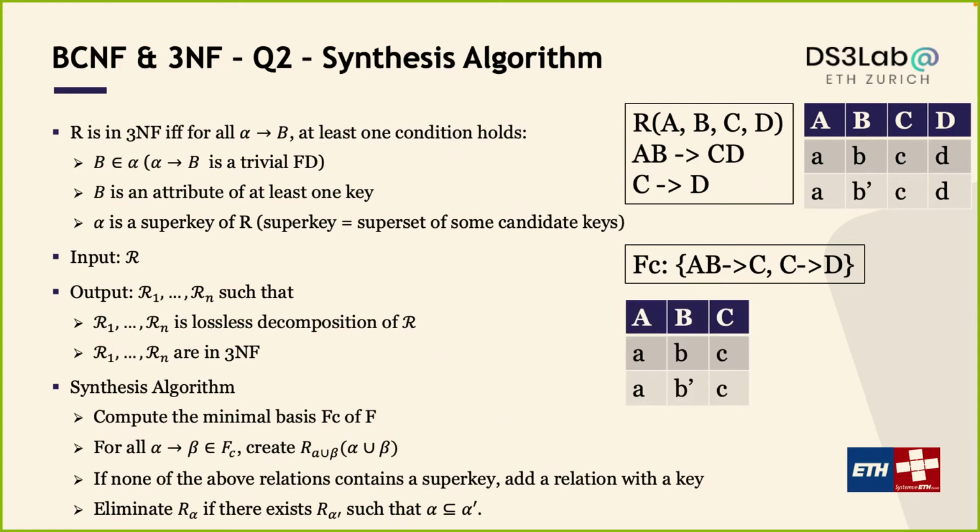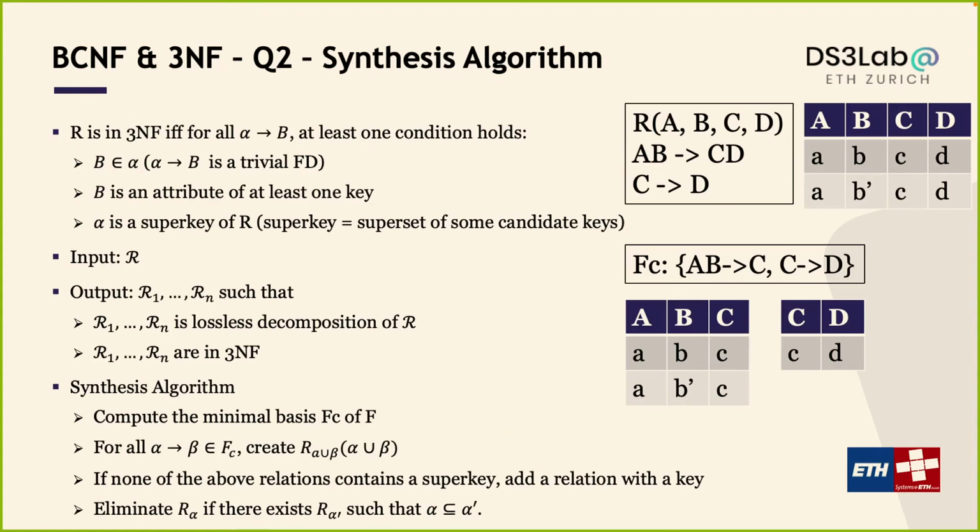And then for each of the functional dependencies in the minimal basis, you create a new relation. From AB to C, you create a new relation that contains ABC, all the attributes. From C to D, you have a new relation that contains two attributes, C and D. And then you check